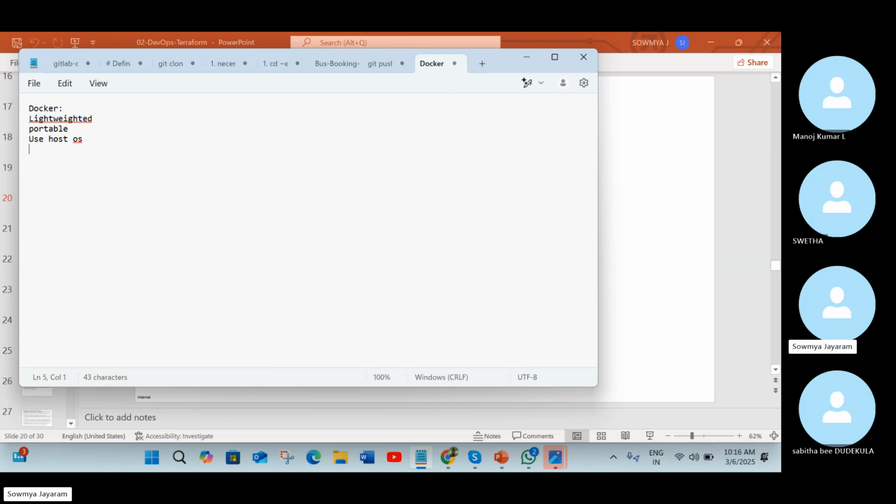Also, you will have pre-built images. You can create your own image, and also you can download images from Docker Hub. Docker Hub is nothing but a place where many images are stored, thousands of images. Whatever your dependency is, see, now you want to download Jenkins, or Nginx, or something for your application, you can just go and use the image. That image consists of all the dependencies for your application.